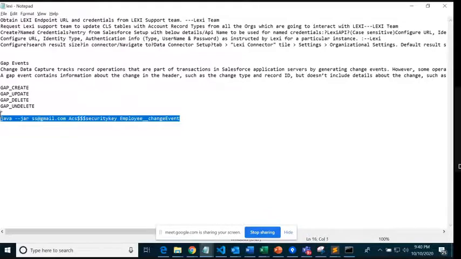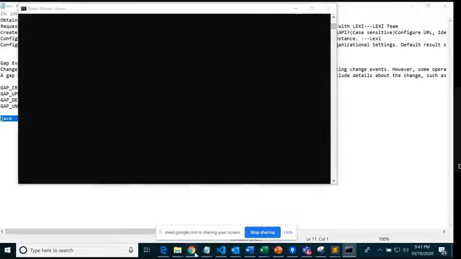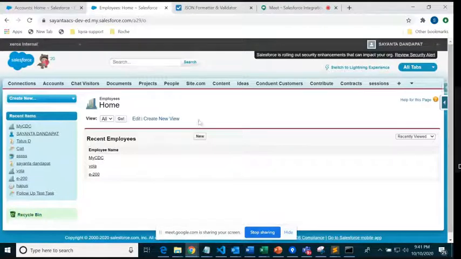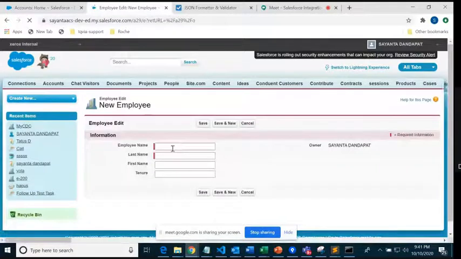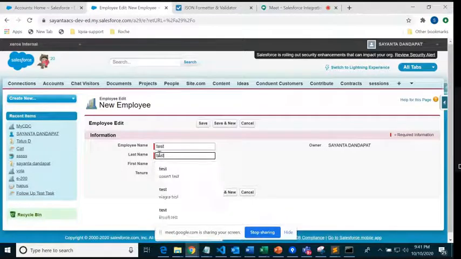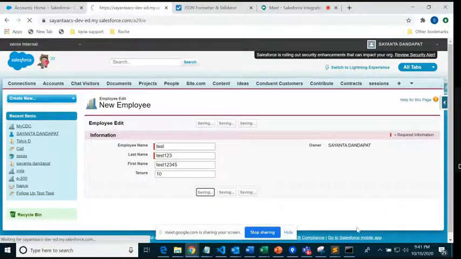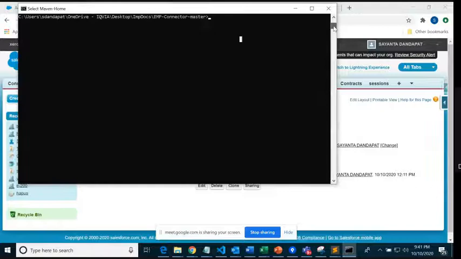So if you type that, this connector will always understand that if that event actually happens, I need to capture that event over here. So what happens if I go over here and try to create one new employee record? Let's assume the last name is test123, the first name is test12345, and tenure is 10. Okay, and save it. Now what you will see over here,